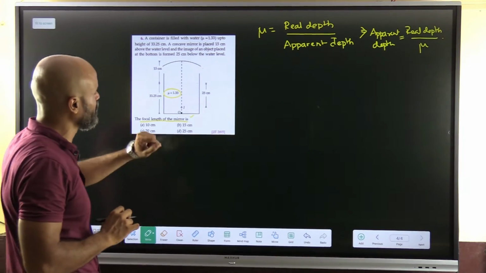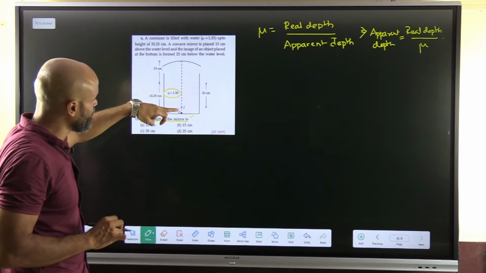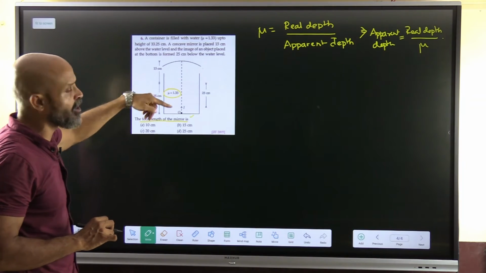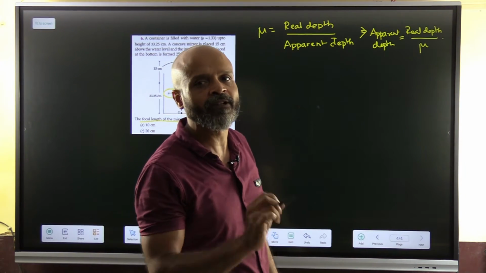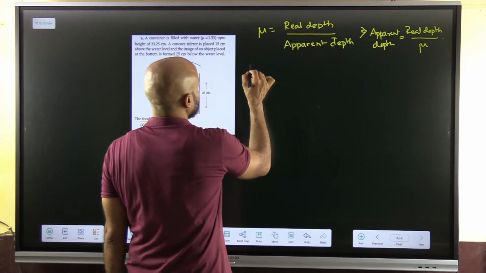Now in this case we need to understand why we are trying to do this. Because this image formation is not with respect to the mirror. The real depth and apparent depth thing will automatically happen even without the mirror. So now, with respect to the mirror,